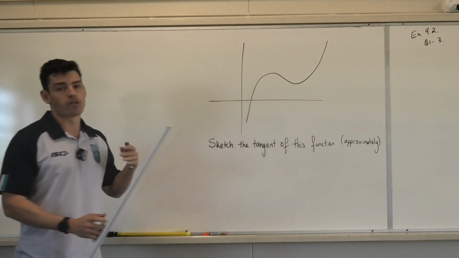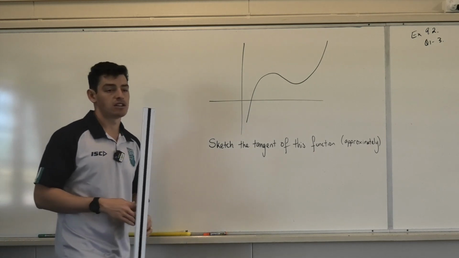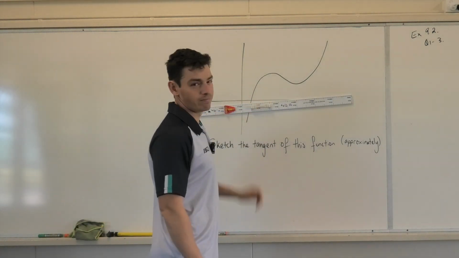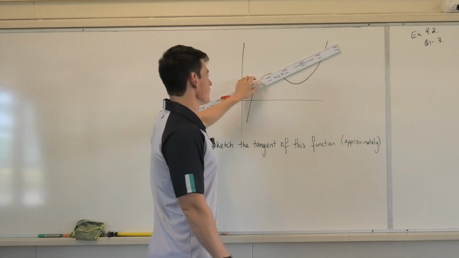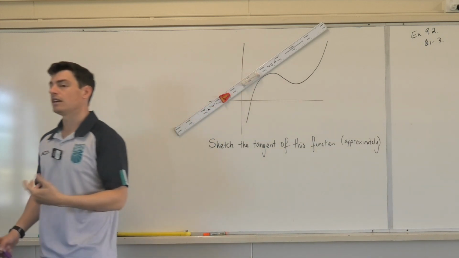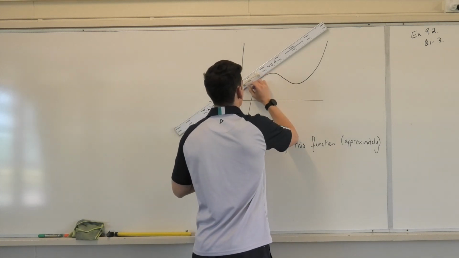Tangents and how we can graph those over time. So remember, what's a tangent? What is our tangent? Is that a tangent? Is that a tangent? Is that a tangent? Yes. Okay, good. So we can see that our tangent is our line that touches our function